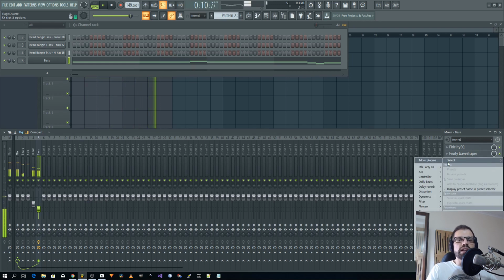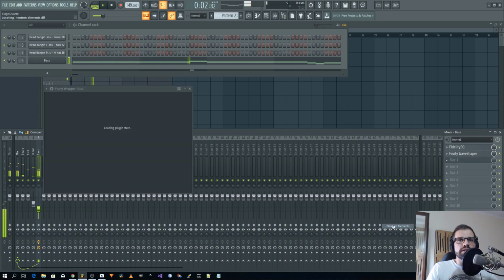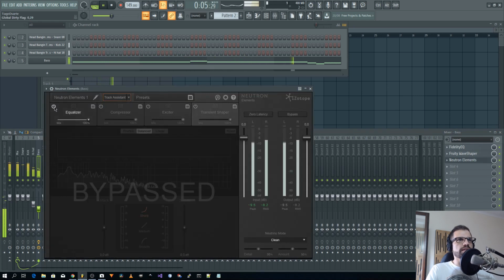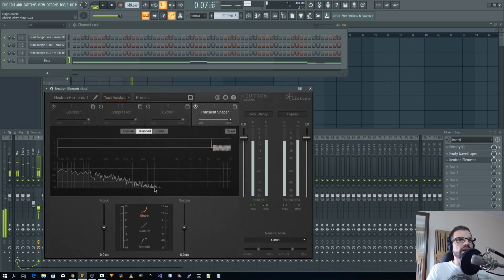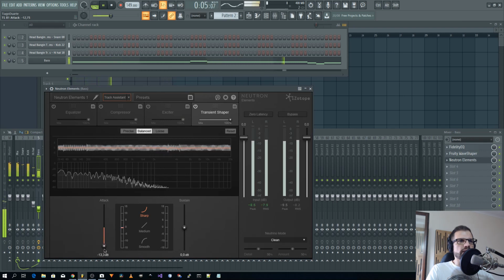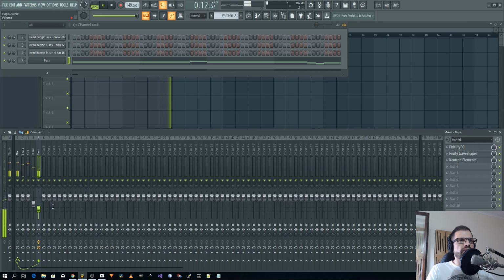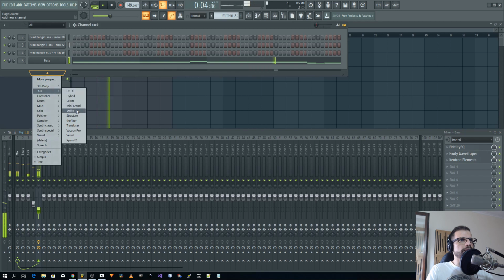like. So we can either add some EQ, some compression, or I have these Neutron elements which has a transient processor or transient shaper. So let's enable this, and we can see that we have here the transient. So what I can do is on the attack decrease it. Let's go to the maximum. It's not that evident now. Okay, so now let's create some